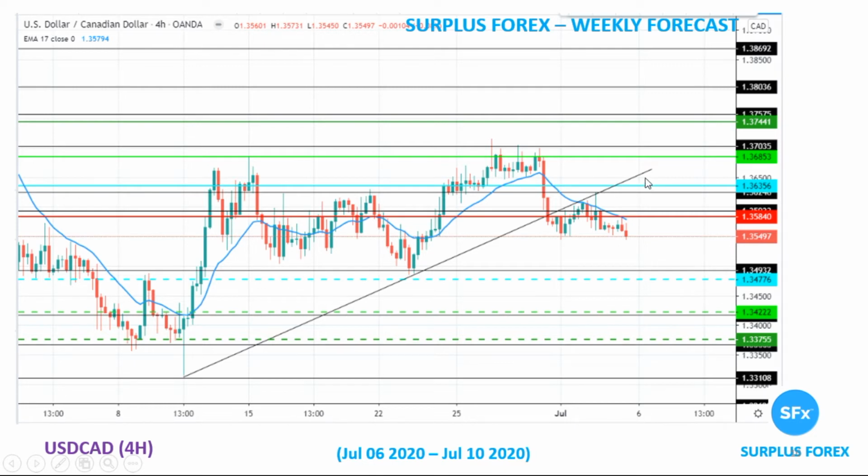Make sure you get a positive test here. There's been a previous consolidation in here. Make sure it crosses this trend line as well, giving you the first entry point, first target at 136.85 and second target at 137.44. On the reverse side, if it crosses the old support of 134.95,